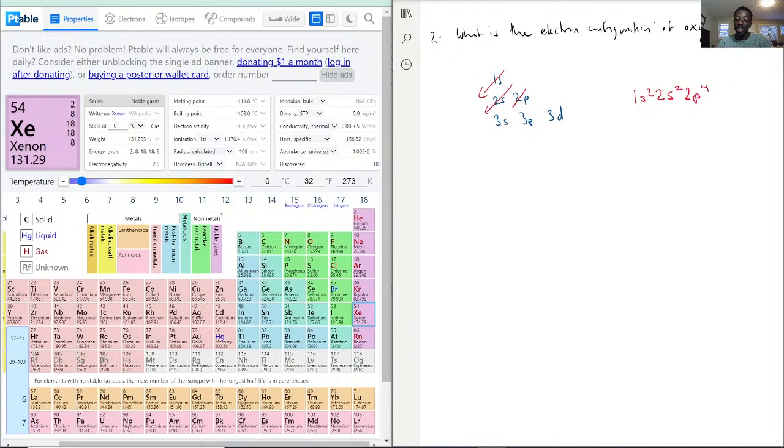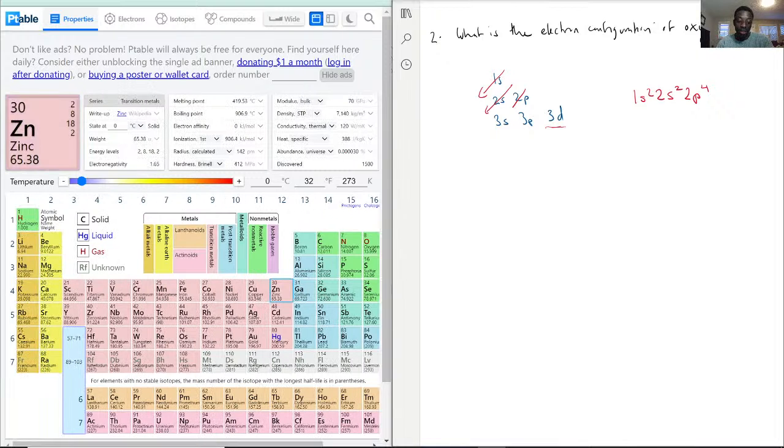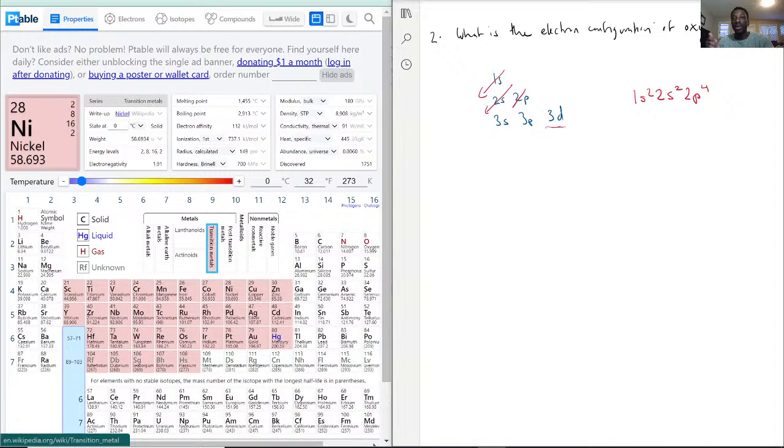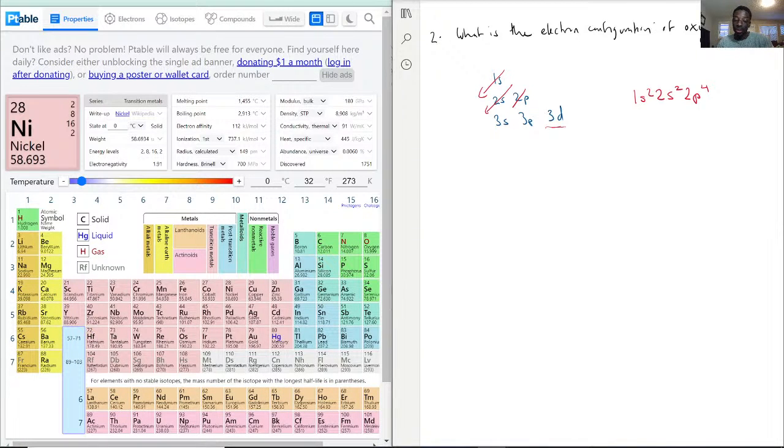And then as you see here, I also have a 3d, for example. Your d subshells are actually the transition metals, typically between columns 3 and 12. And then there's also another subshell, but we don't really need to discuss that right now. The important thing is knowing how to count through, because if you're ever unsure, just count through each element,